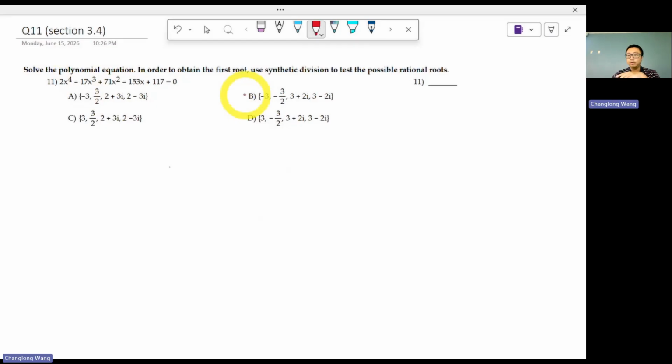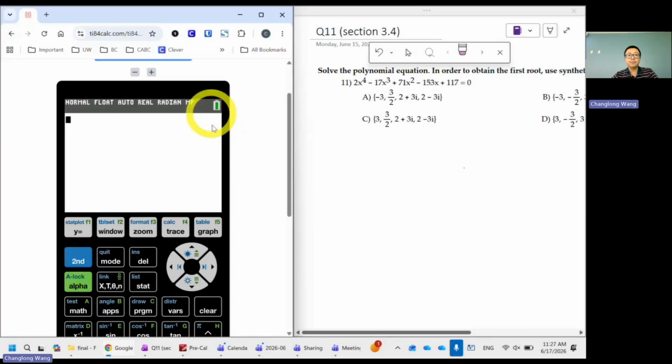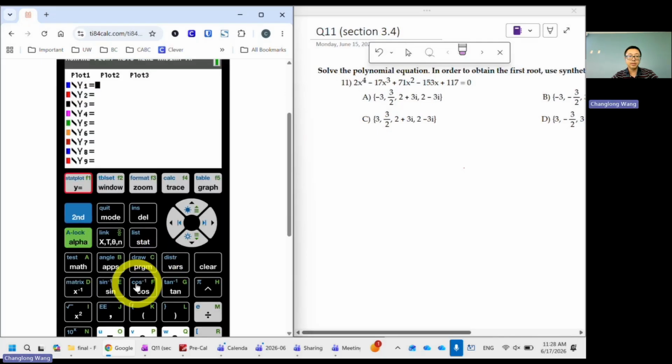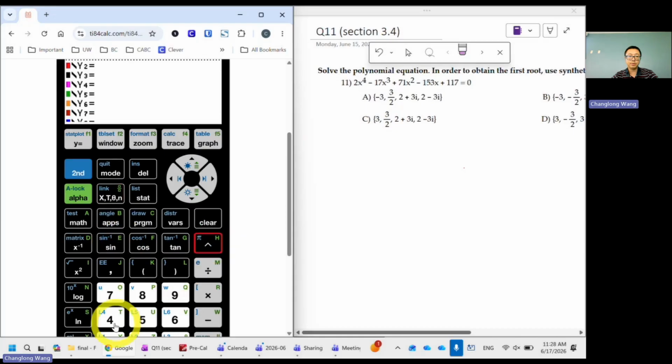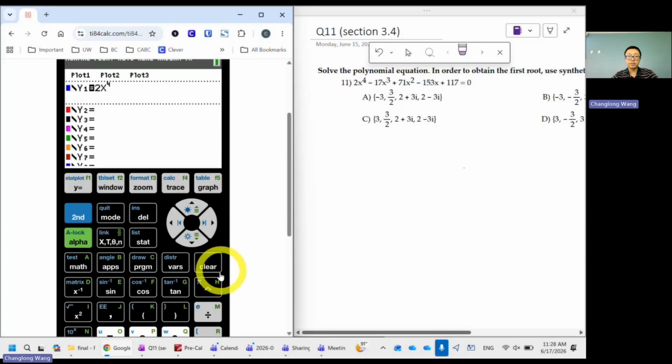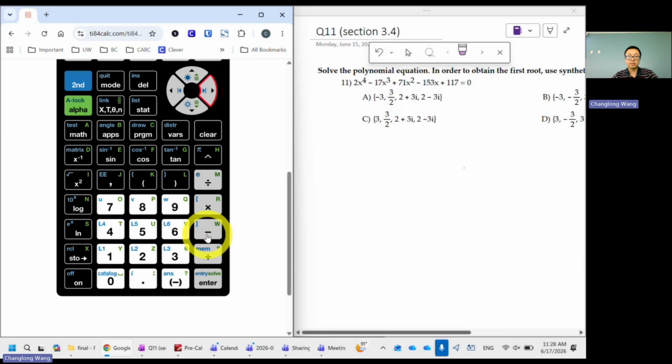If it's a real 0, use the calculator, right? So now I think I did it, so if you know how to do it, that's fine. But at least let me have it recorded. Okay, so let me type up exactly what this is. So I'll go to y equals, right? So 2 times x to the 4th, minus 17 x to the 3rd,